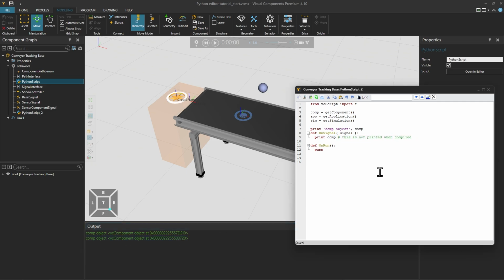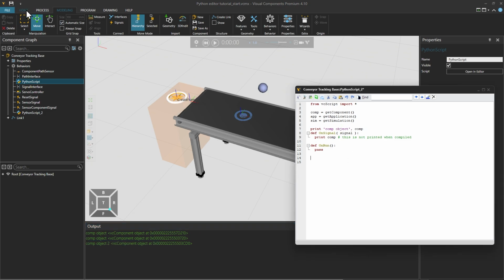Component scripts will also get compiled automatically when we add them in the 3D world, for example, when adding components from the eCatalog, when we copy or clone a component, or when we reset the simulation. So if we play the simulation, then pause it and make a small edit to our script, when we reset the simulation, the script gets compiled.